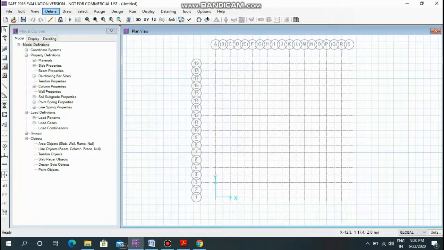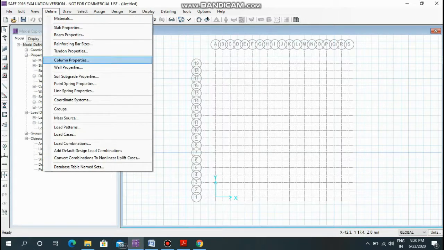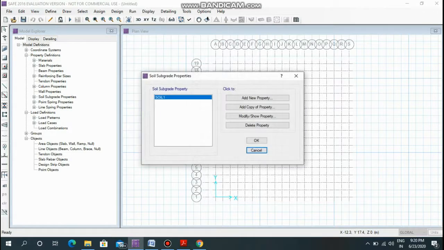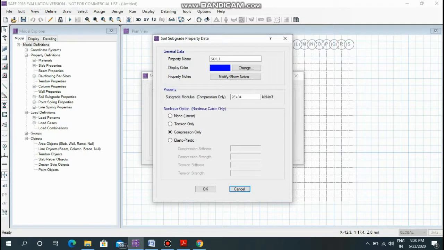Now let us define the soil subgrade properties. Under the define menu, go to soil subgrade properties, and one property is already defined, so select that property and go to modify or show property.